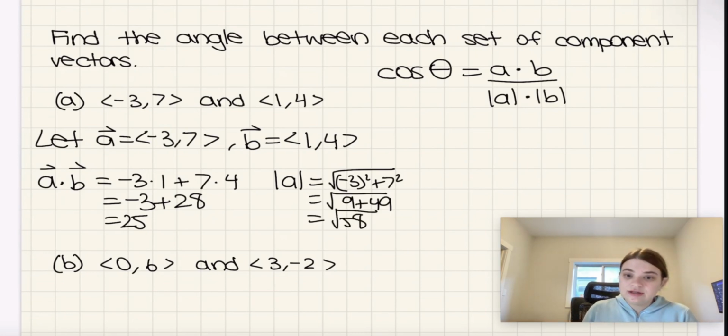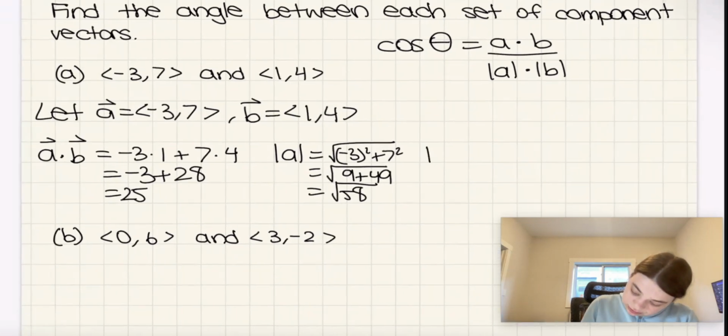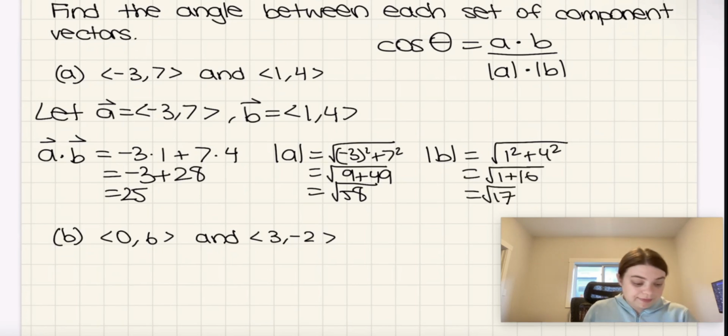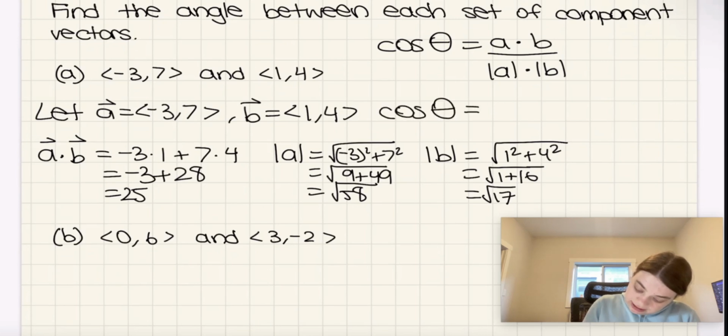Then for the magnitude of vector B, that's going to be equal to the square root of 1 squared plus 4 squared, which is equal to the square root of 1 plus 16, which is equal to the square root of 17. So therefore, the answer to this is that cosine of theta is equal to 25 over root 58